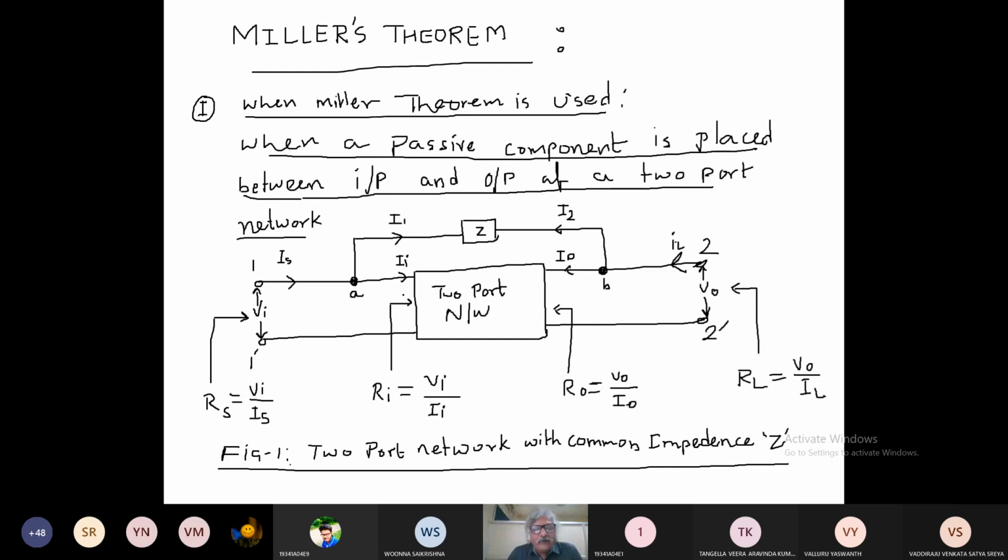If we are able to do this, then the simplification of this two-port network is very simple. Only we have to apply the series and parallel type of combination rules to solve these impedances. That's all. Because right now it is giving trouble because it is connected to input and output both. But if anyhow we are able to replace this Z with some equivalent Z, which is connected to only input side and only output side, then we can do that.